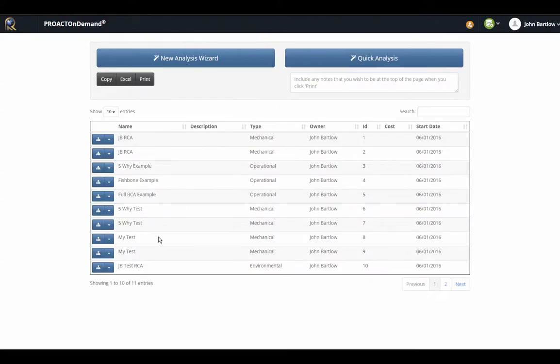Finally, I would like to point out that as you complete RCAs in your database and you would like to share them and make them searchable to other folks that have access to your account, all you have to do is simply select to publish them. And then you'll notice it'll turn green. This means that it's going to be visible to other people who have access to your account, and as well as searchable. So when using the previous suggestion search on a logic tree, it will search our templates as well